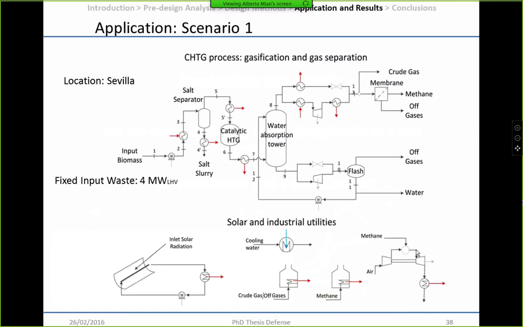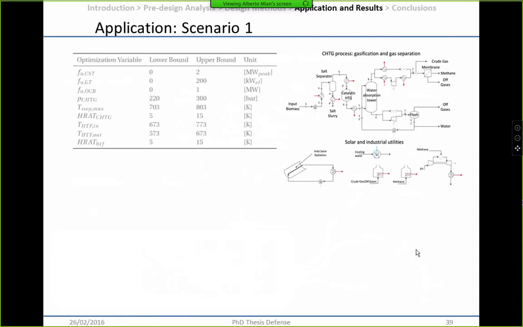So we start by setting the location, by setting the only input in terms of size, which is the amount of biomass that it has to be processed in this energy conversion plant, and then find the optimization variables that in this case were the size of the concentrating solar trough, the size of the gas turbine and the burner, the pressure of the catalytic hydrothermal gasification, the temperatures of the salt separation unit, the heat recovery approach temperatures of this gasification process, the temperature of heat transfer fluid of the solar trough, and the heat recovery approach temperature of the